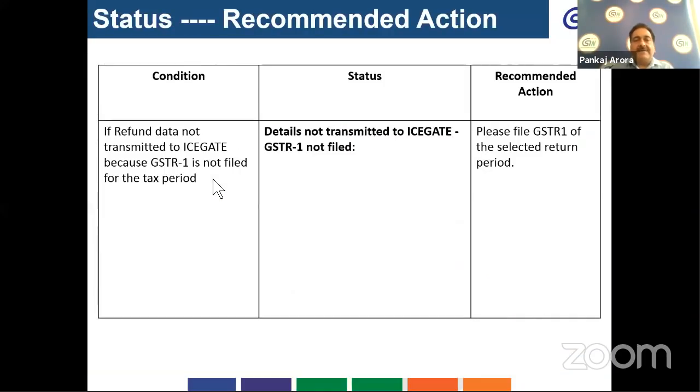So here I have prepared a chart according to what status, what is the recommended action. So if refund data could not be transmitted to IceGate because GSTR1 is not filed for such tax period, in that case, the taxpayer is advised to file GSTR1 for the selected return period. And it is pertinent to mention that table 6A should be containing proper and complete details of such export data,